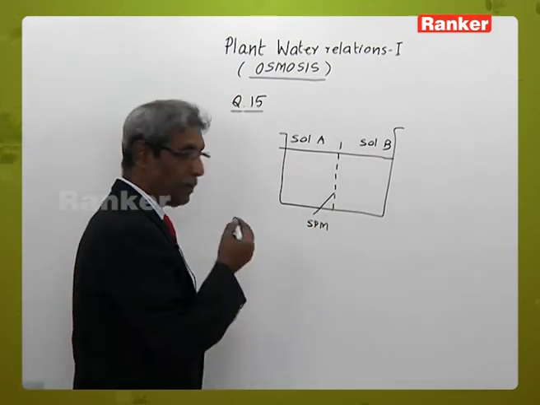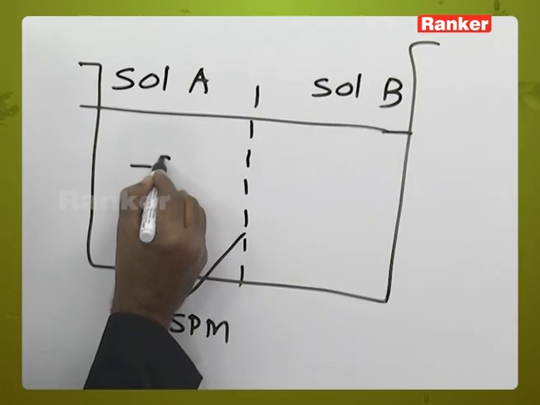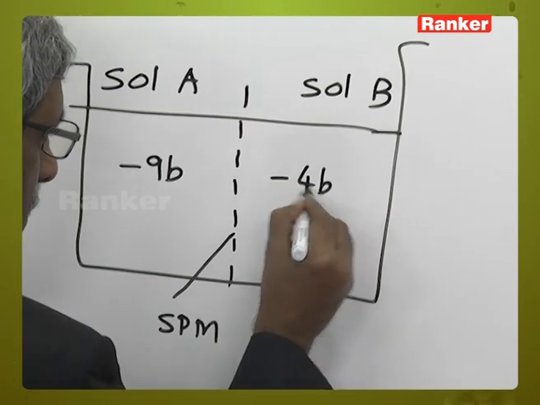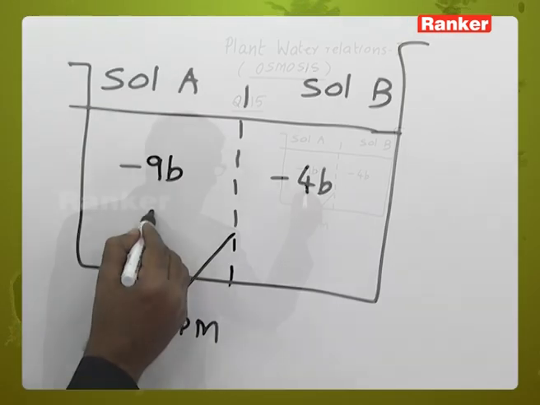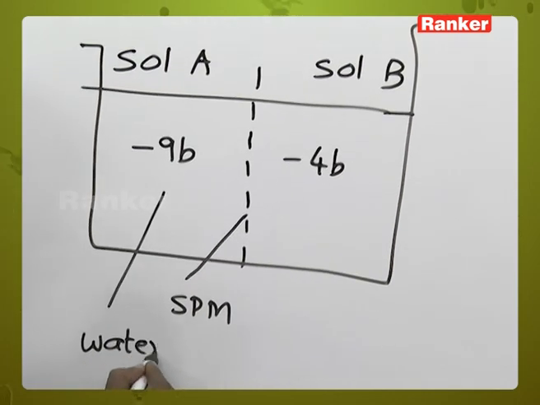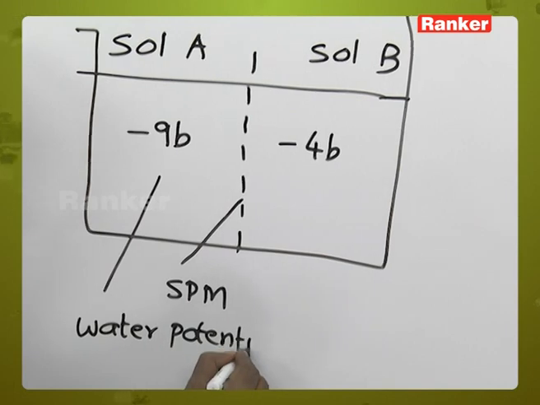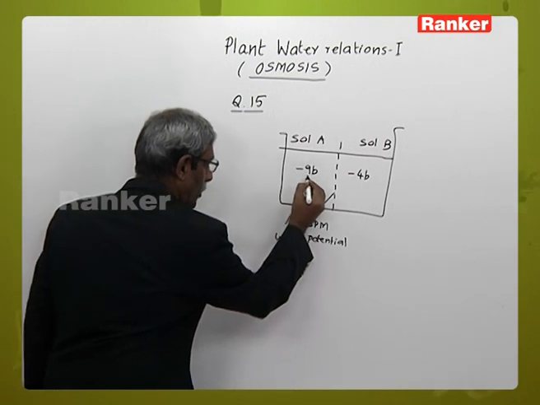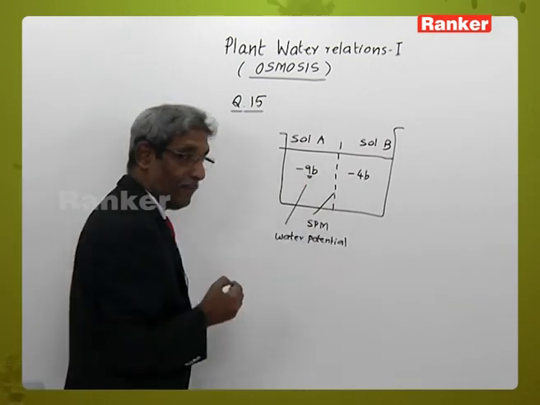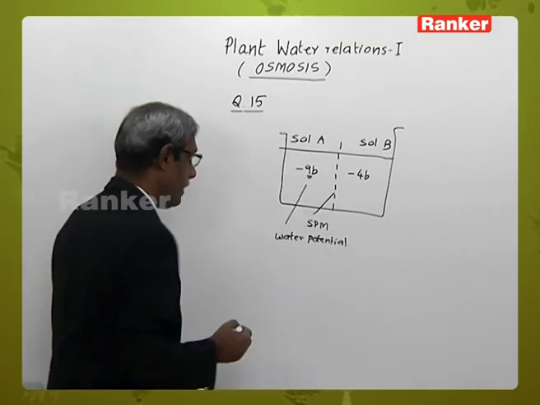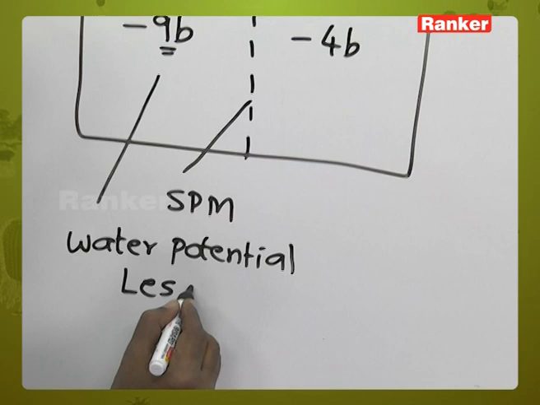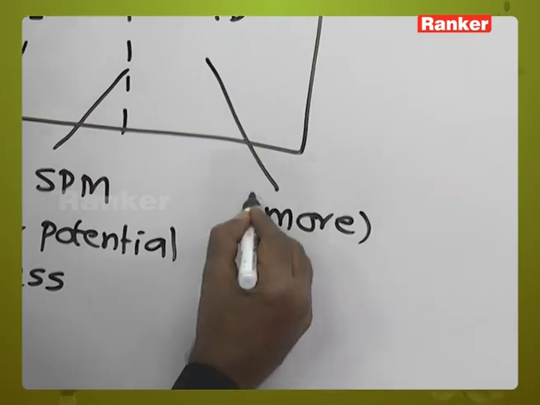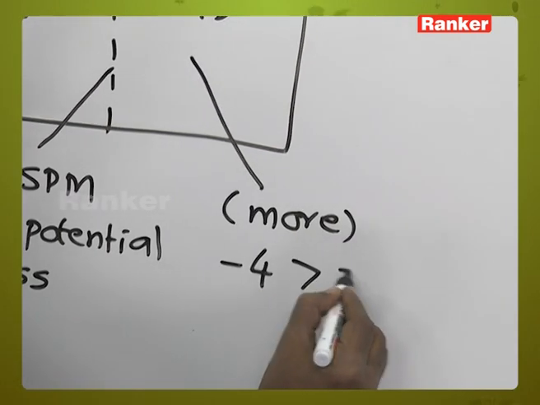we understand that in solution A the water potential is minus 9 bars, and in solution B it is minus 4 bars. Now, these are indicators of the water potential, that is the free energy of water. The more negative the value, it means the water potential here is extremely less. And here it indicates the water potential is extremely more, that is minus 4 is greater than minus 9 in